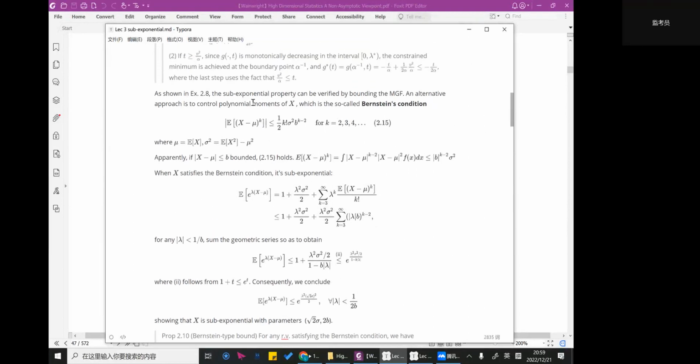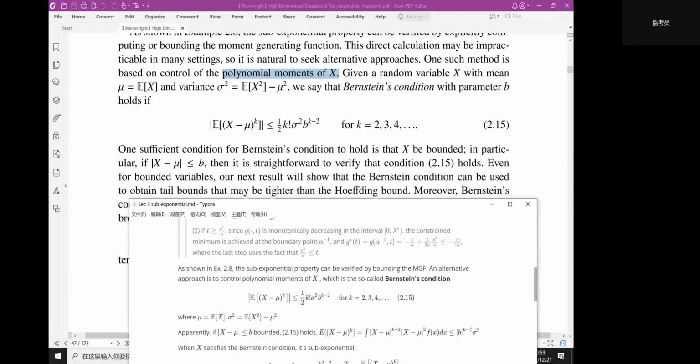Yeah, the sub-exponential property can be verified by bounding the moment generating function, and an alternative approach is to control the polynomial moments. So we derive Bernstein's condition like this. And since we know that if x is bounded, x is sub-Gaussian, we get a sub-Gaussian type bound like,